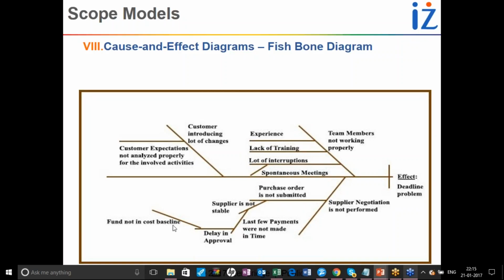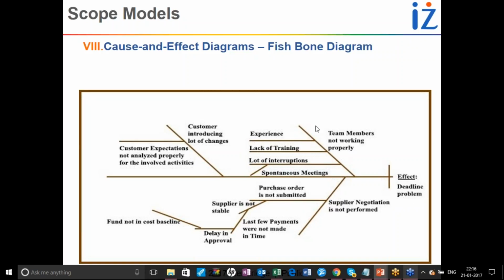And this example we have already discussed in the 5 Whys analysis, because in the fishbone diagram the 5 Whys analysis is combined. Here, for each cause you are using the 5 Whys analysis. So here you can see that for the relationship of these causes and effects, there is a logical flow of information, and all these causes and effects are logically related. So if you need to solve the deadline problem, you need to work here and here